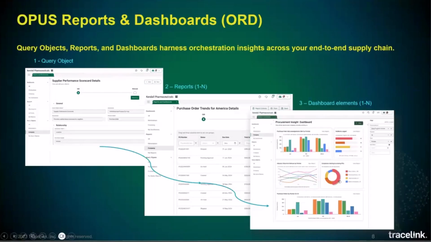And John, can the queries be used across different users, or is it per user? No, great question. Yes, it can be used across multiple users. And again, the concept here, as we'll see when we get in there, is that conceptually how these are managed is very similar to solutions in that we have the concept of different catalogs. If you recall from when we discussed OSE, we have the concept of a company catalog, and you can have a set of query objects in your company catalog,